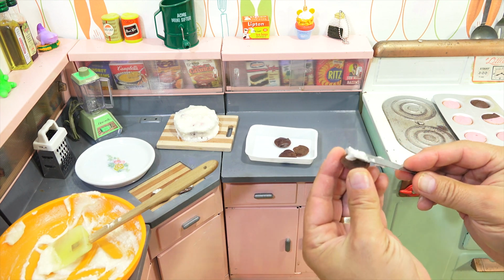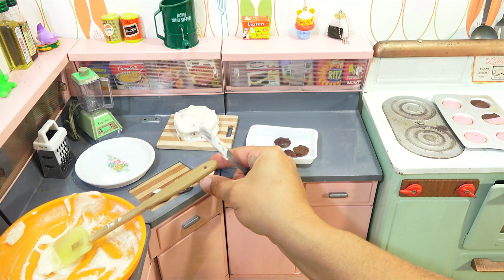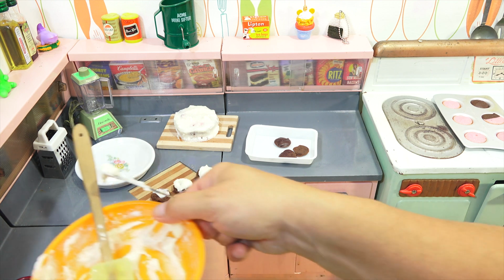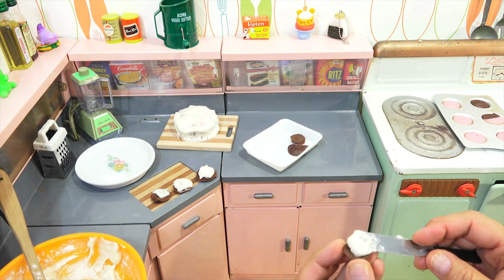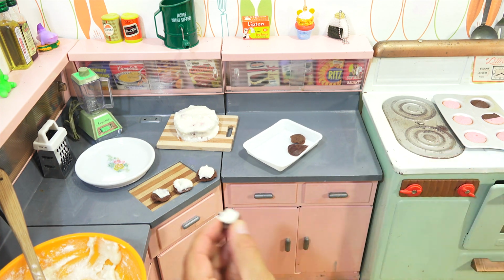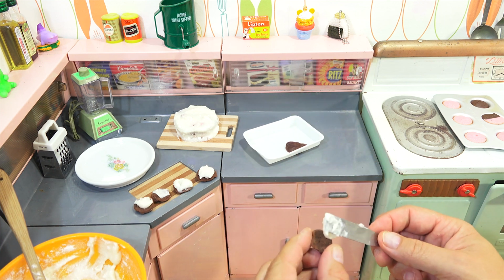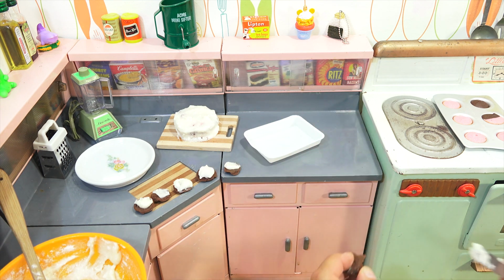So what do you think so far about this kitchen? It took me years and years to amass the collection I have in this kitchen. I mean, I have mini ice cream makers. I have all kinds of mini pans. So the plan is to start cooking in here again. But for now,